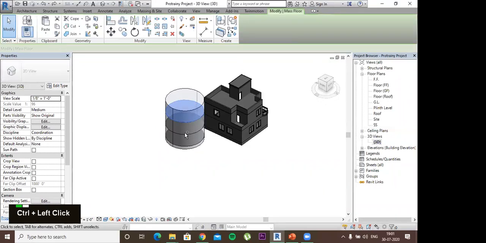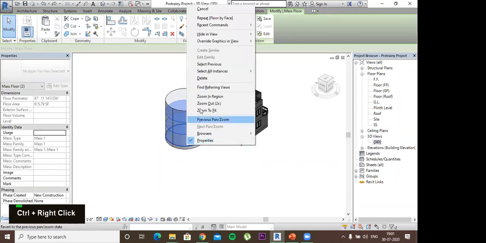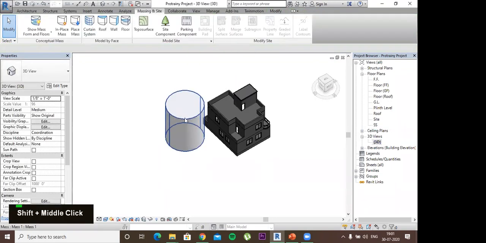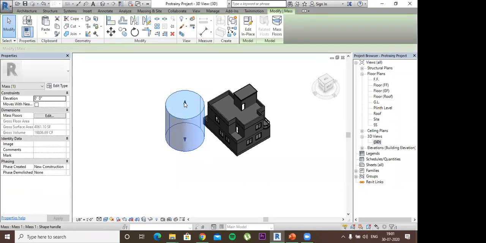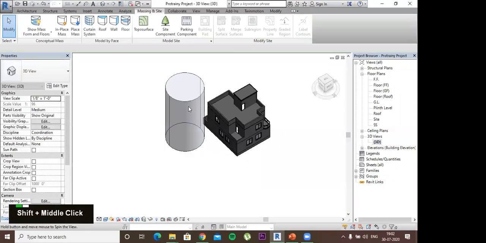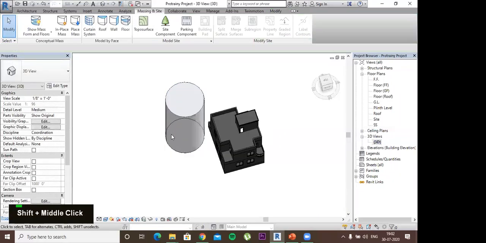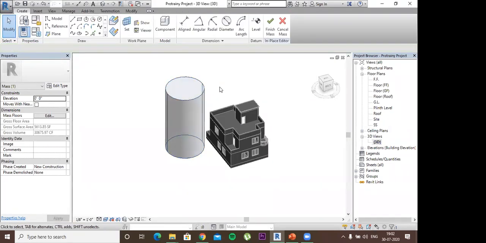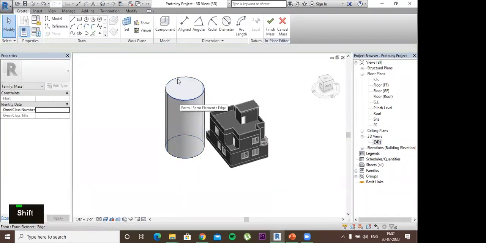Let's delete the floors first. Suppose I've selected this mass, okay, and increase its height. Now I want this mass to change its orientation.